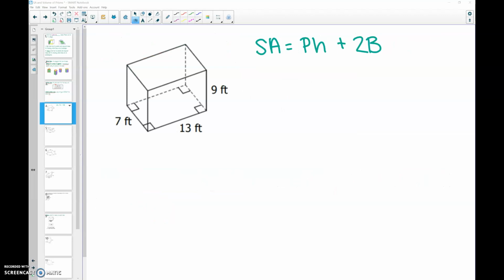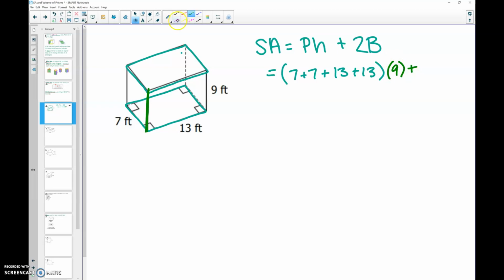Okay, here's our first example we're going to work through. It's a rectangular prism. And with a rectangular prism, it kind of doesn't matter what you choose to be your bases as long as you're consistent. So I'm going to use the top and bottom of my figure as my bases, and when I look at my formula, I need the perimeter of the bases times the height. So my perimeter would be 7 plus 13 and 13 times the height of the figure, so this perpendicular distance here, which is 9,